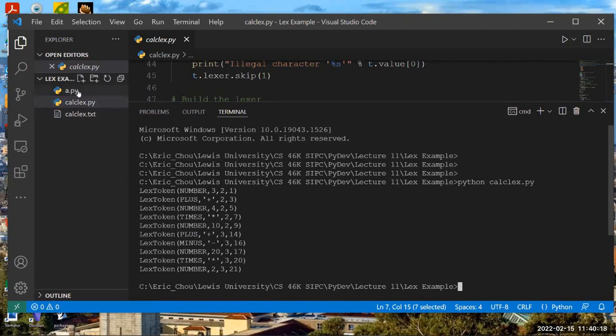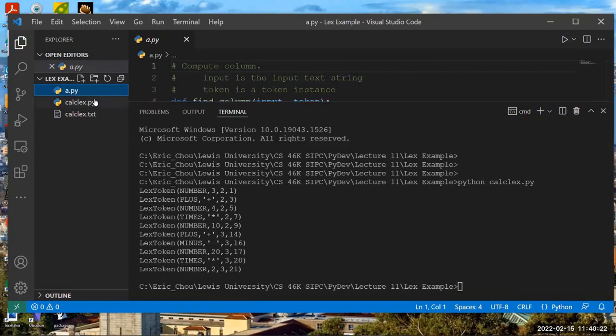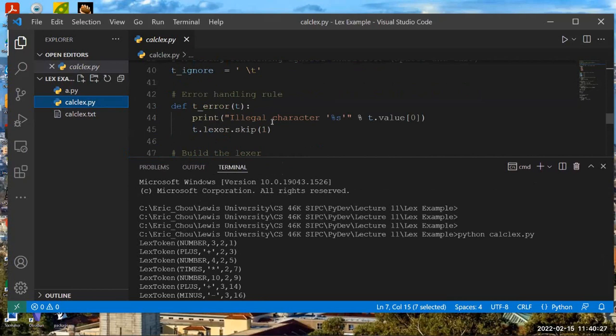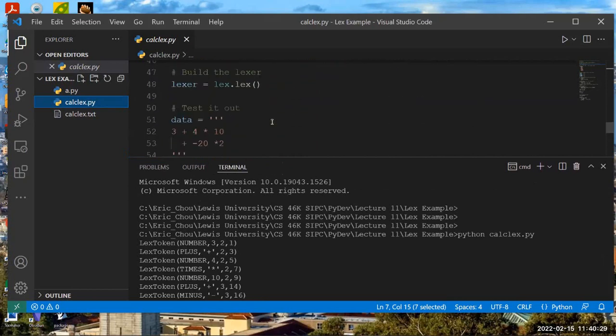Okay, so let's look at the so-called input. The data is over here. You have 3, okay, 2, 1, okay, plus, okay, 2, 3, okay, and I think this one is a line number and column number. Okay, 2 and 1 are line number and column number,